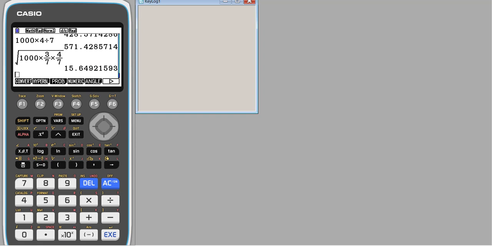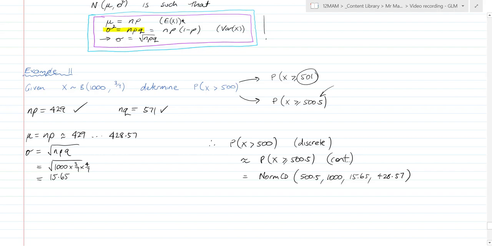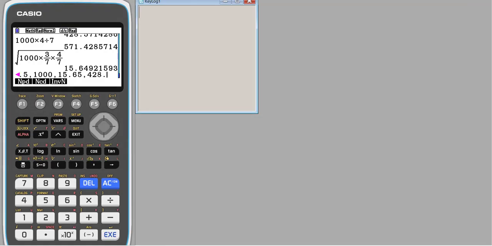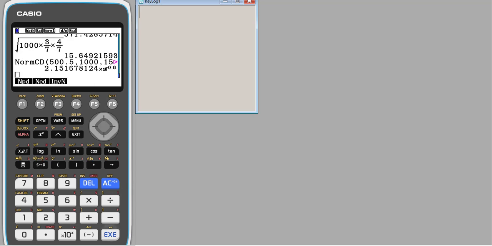Okay, remember all those numbers and shout at your computer for me. I exit here. I shouldn't have done that. Oh no, I didn't need to do that, sorry. Stats, distribution, normal, NCD. I want to go from 500.5 to 1,000, and I've got 15.65, and then I've got 428.57, and this is where I've fallen down, not 29. Close brackets, enter, and that's giving me a value that's quite low,